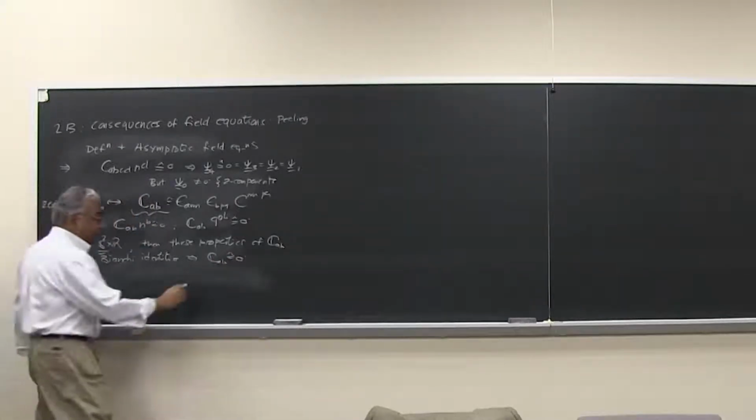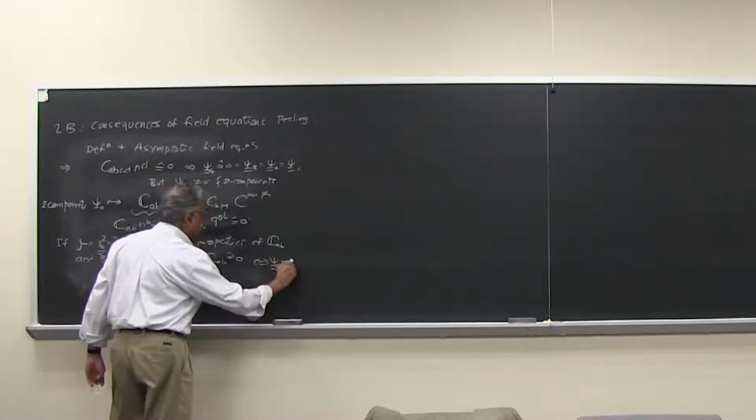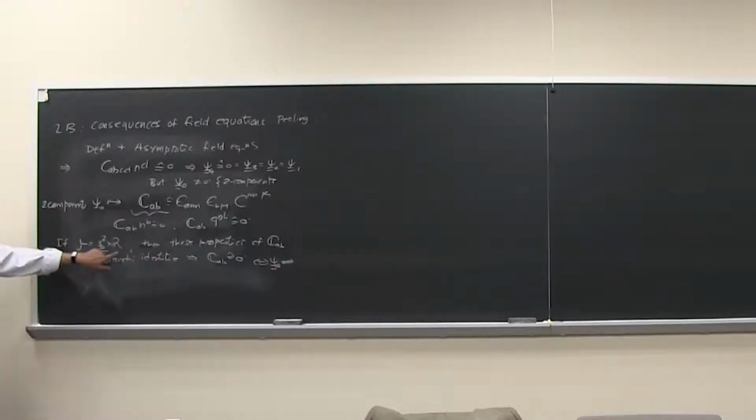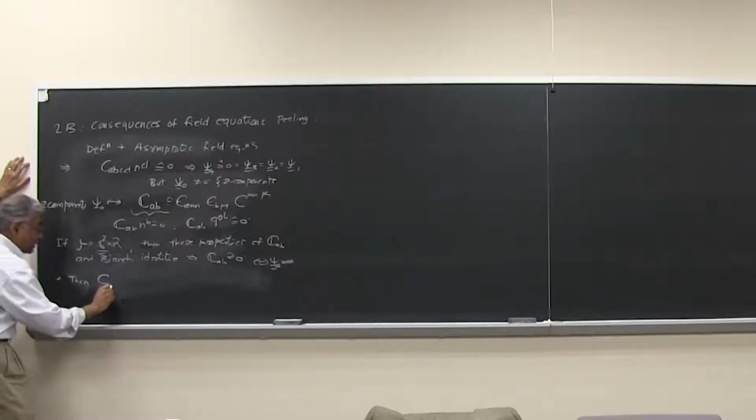That means, of course, psi 0 is also equal to 0 at scri. So if the topology is S2 cross R, then the entire Weyl tensor